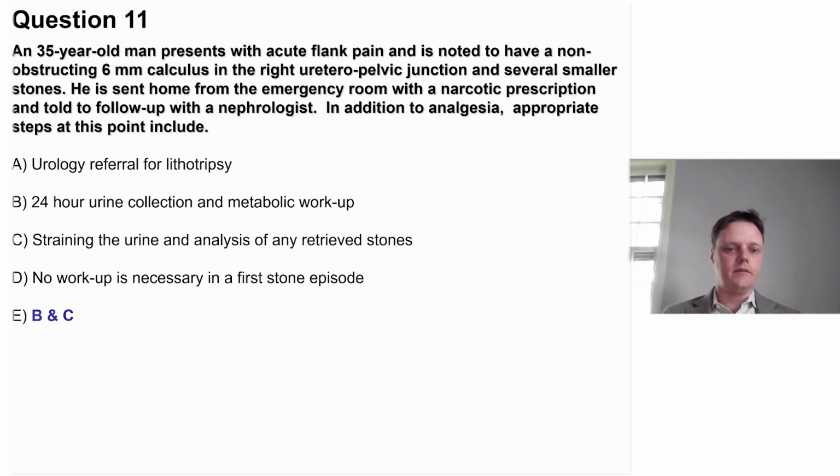Metabolic workups are fantastic in trying to look at the risk for stones, but more than once I've been surprised by the composition of a stone in somebody who I was convinced had a very different kind of stone because of the metabolic status of their urine. So it's really important, most importantly, to get that stone sample if possible.